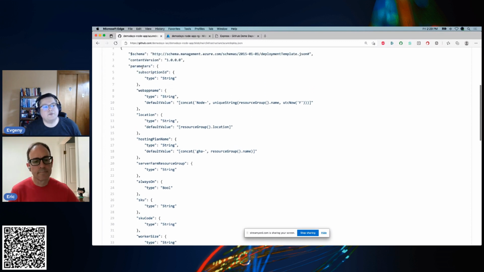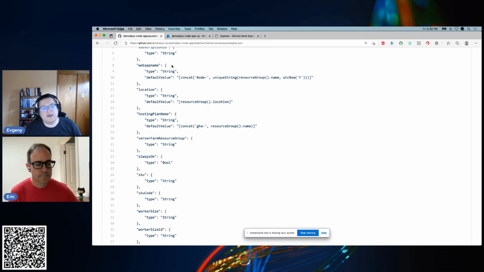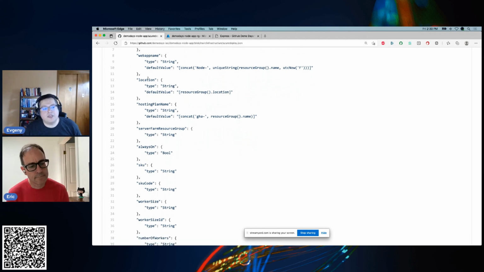And so going back through this, we have a place to plug in the subscription ID, and here's where the schema really comes in, right? It's a string. We have a web app name, which is the name that we'll see in our portal. We have location, which is where the physical data centers are that will host this application. So this is an important cloud concept, right?